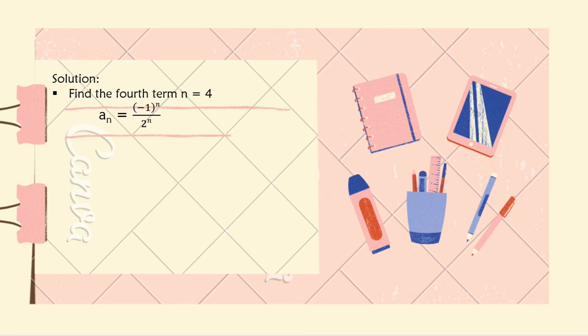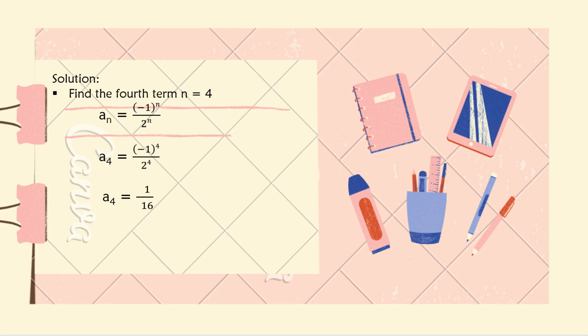Okay, now, so let's proceed to finding the fourth term. So we have a sub 4 is equal to the quantity of negative 1 raised to 4 over 2 raised to 4. So we have a sub 4 is equal to 1 over 16. So again, when we multiply